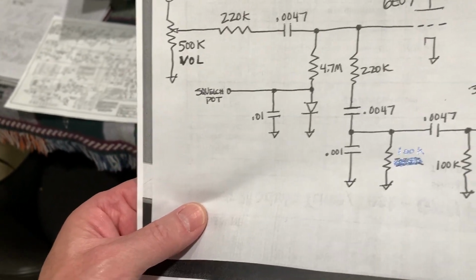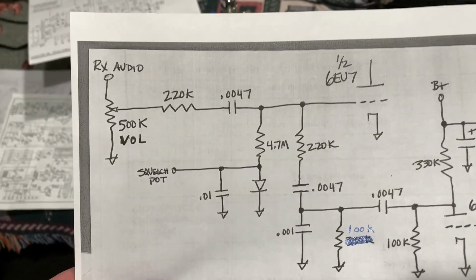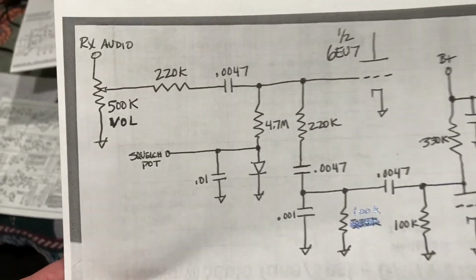That's better anyway, it's more stable. So it did clean it up quite a bit, and that's kind of the circuit. And I decided not to put the relay in this, but what I've noticed is too,